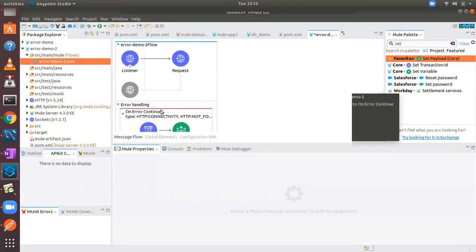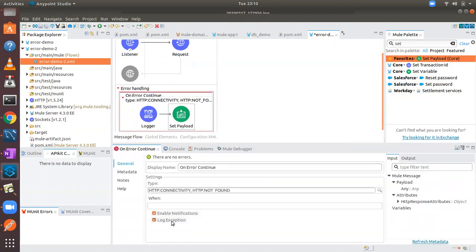So click on this one. HTTP connectivity, not HTTP is category. Not found and connectivity are exact errors. So the two errors got created.